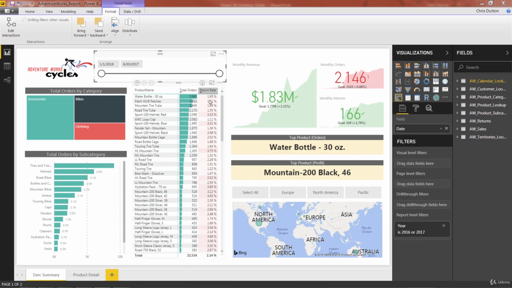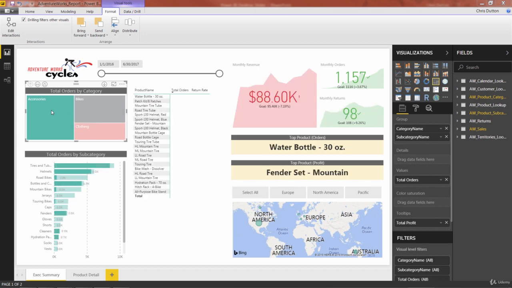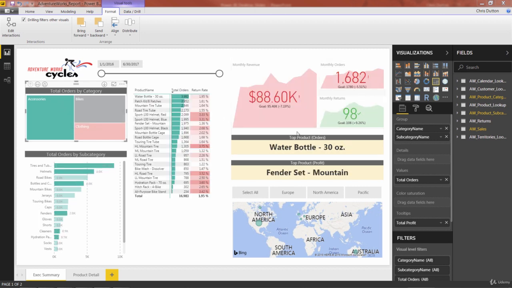Now keep in mind that other filter changes produced by other visuals in the report will continue to change those cards. We've only changed the interaction between the slicer and the cards, not the relationship between other visuals and those cards. So in this case, I'd like to be able to filter down our revenue, our orders, and our returns by different categories produced by filter context from other visuals. So this is okay, but keep in mind that if we were to select the tree map, for instance, and